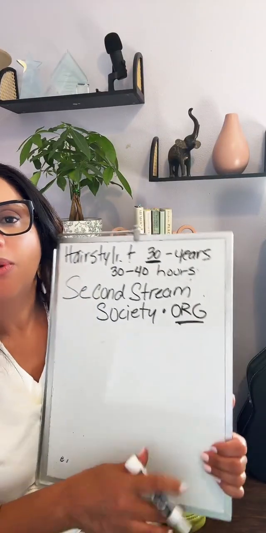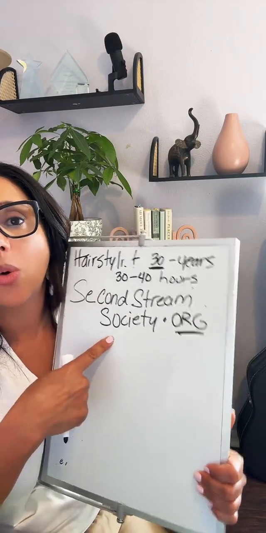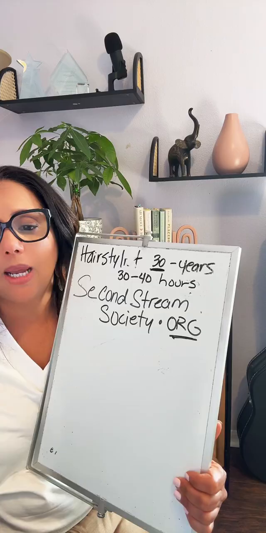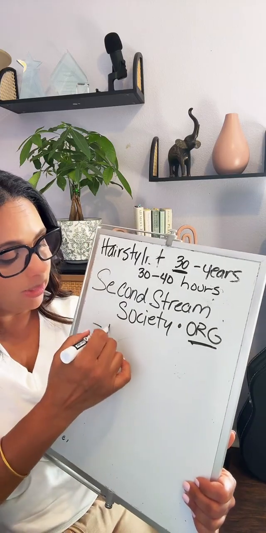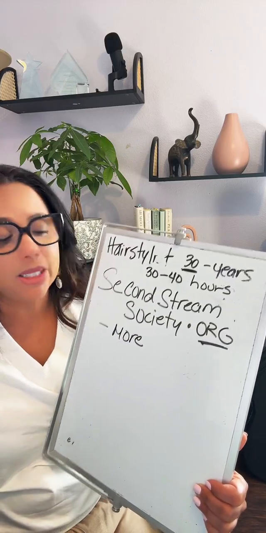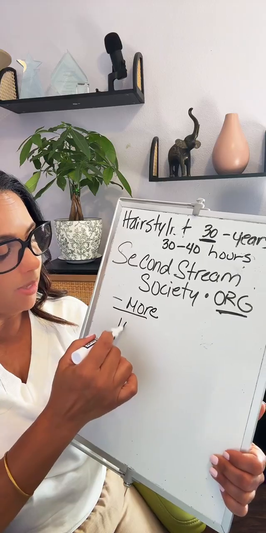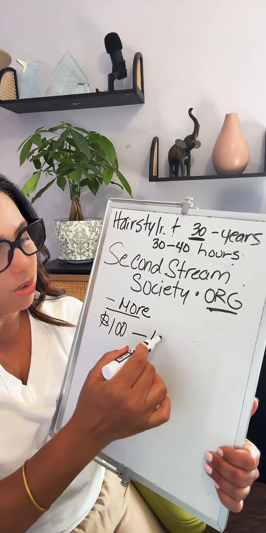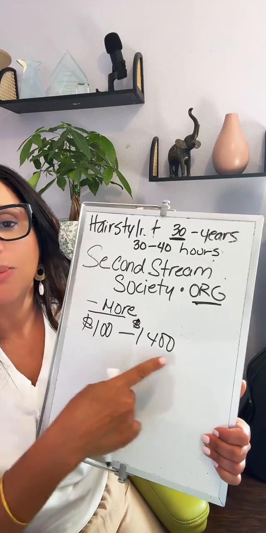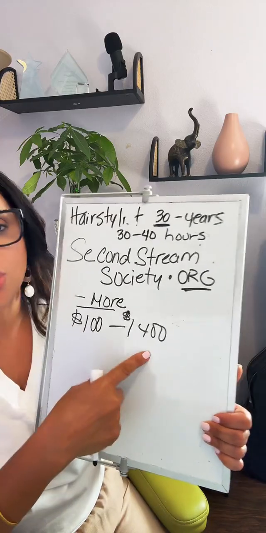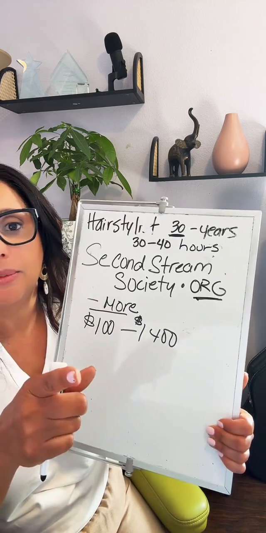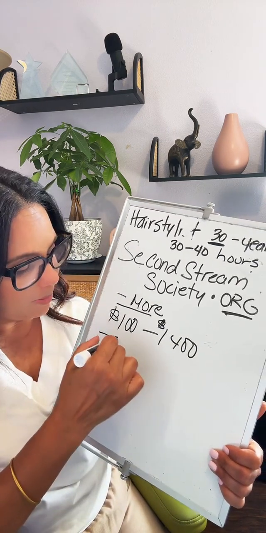You pick your own name. Remember, this will be your business. You will be the CEO of your own company. All right. So I realized, I said, I need more options. I knew I needed more. And this business gave me the opportunity to make anywhere from here to here. This business gave me the opportunity to do this because all these programs, you can make anything from 100 to 1,400. All right. And I said, I'm in, because I didn't have no monthly expenses,